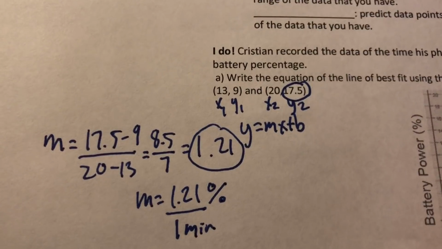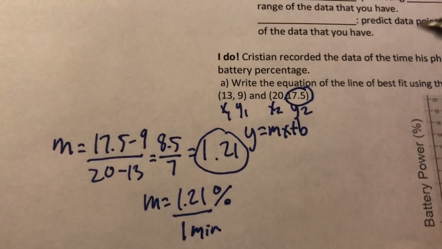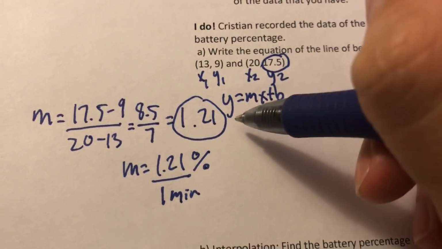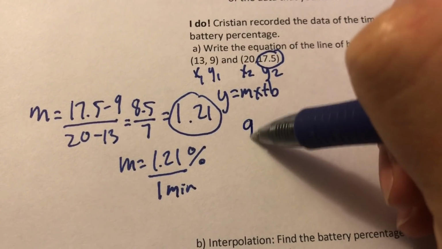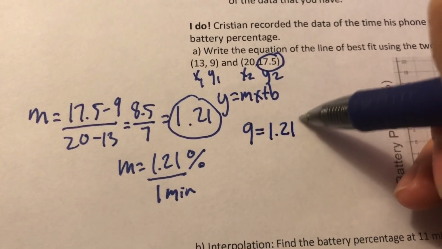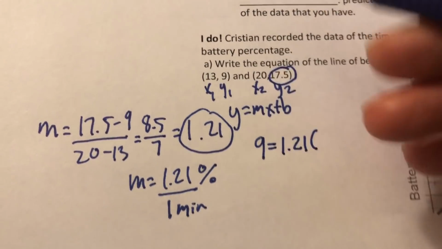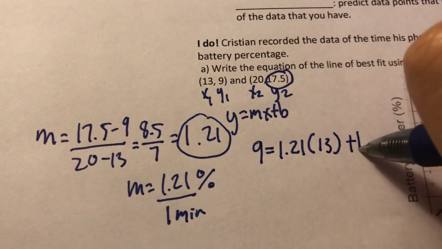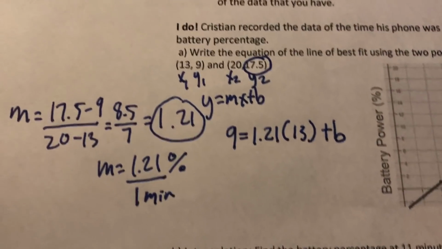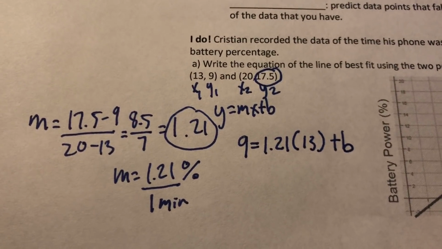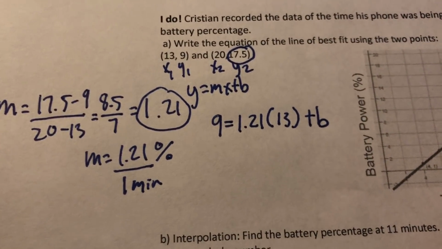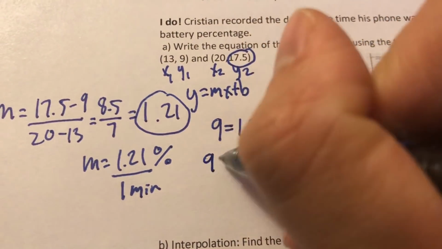So after you find your m, you need to find your y-intercept. So on your y-intercept, let's go ahead and plug in this point because it doesn't have decimals. So my y is 9, equal to my m, as I found earlier, 1.21, parentheses, my x is going to be 13 in this case, plus b. I'm going to go ahead and multiply these two. 13 times 1.21 gives me 15.73, but I'm actually just going to keep it at 15.7. So I have 9 is equal to 15.7